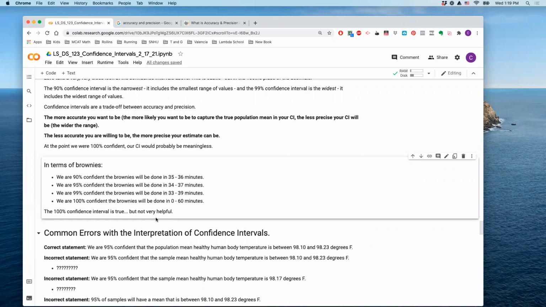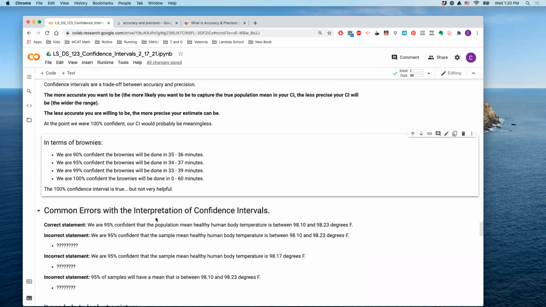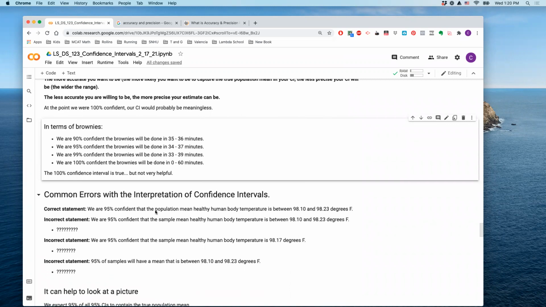So I need to balance that out. I want to be pretty darn sure that I'm right, but I have to have a confidence interval that I can actually work with, that actually means something to me, that it's actually a meaningful estimate. And so, throughout the ages, I suppose, at least since the early 1900s, we've just settled on a 95% confidence interval being a decent place to land, with 90 and 99% as sort of backups. That's like the gold medal and the silver medal there, or I'm sorry, the silver medal and the bronze medal there.